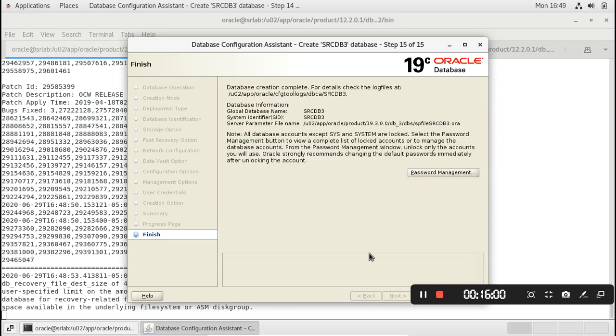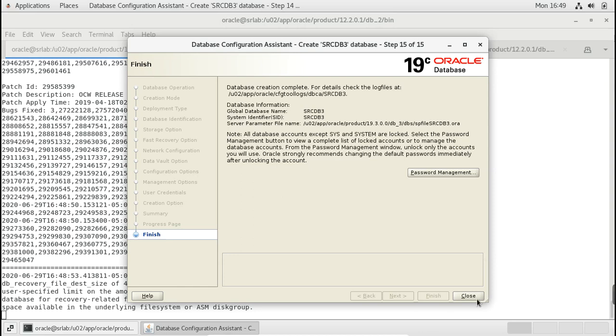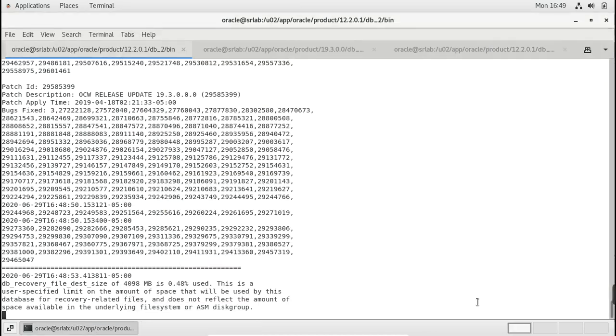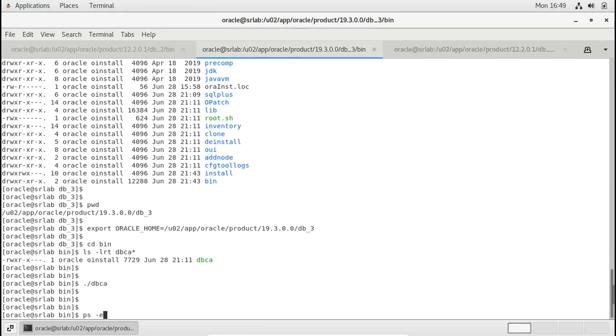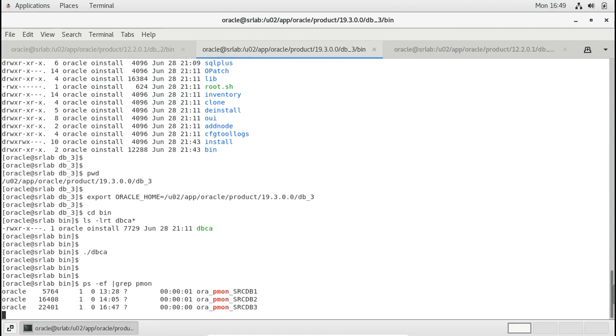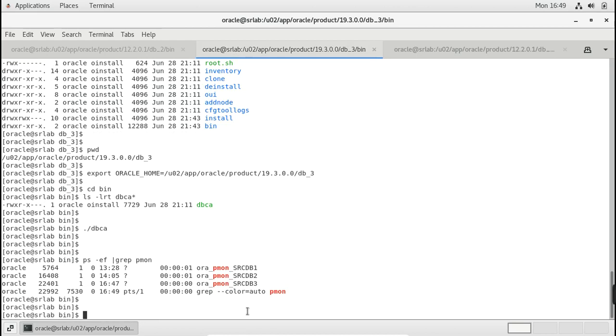Yes, the database creation is completed, the 19C Oracle container database. So we will close this and we'll go here and check the demo. So we can see here SRCDB3, the newly created Oracle 19C container database.